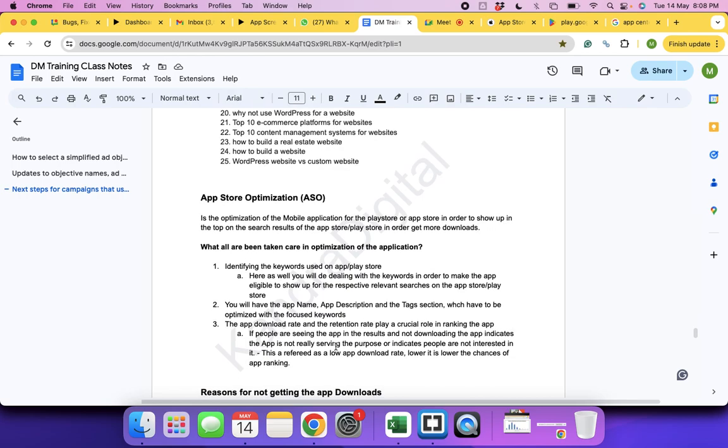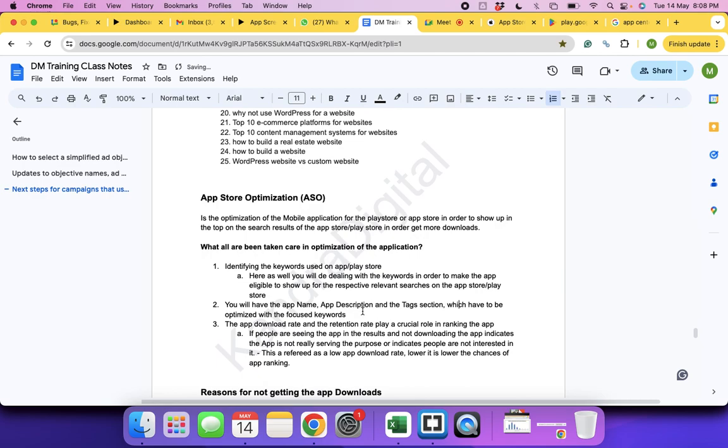Okay. So what all is taken care of in optimization of the application? Identifying the keywords used on the App Store or Play Store. Here as well, you will be dealing with the keywords in order to make the app eligible to show up for the respective relevant searches. We have discussed this.